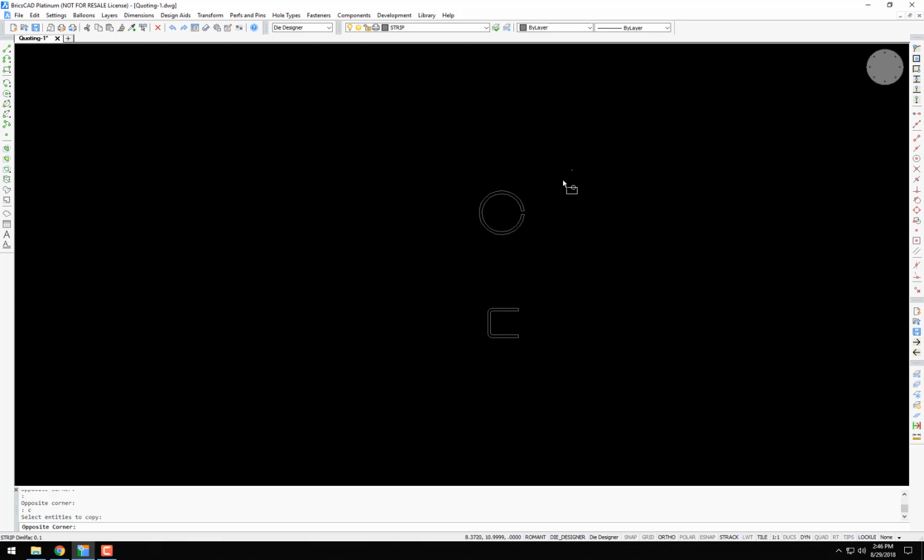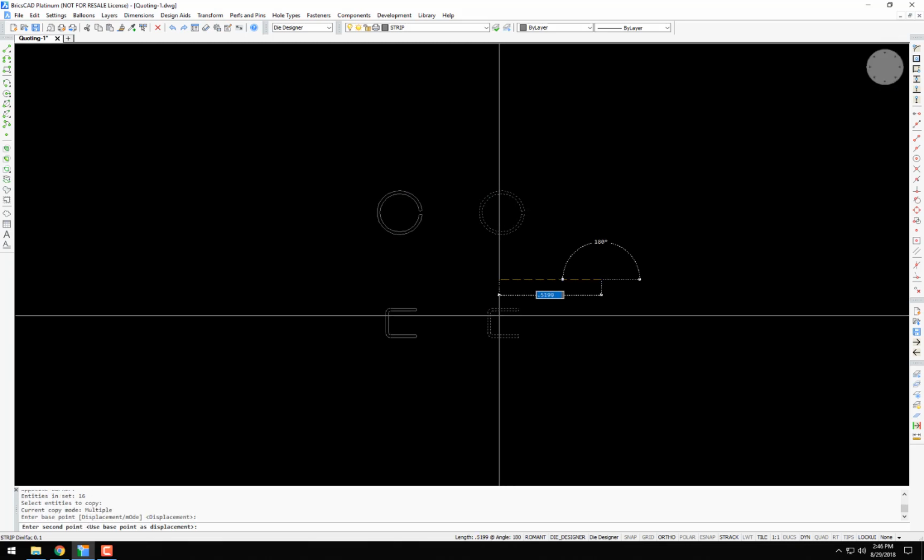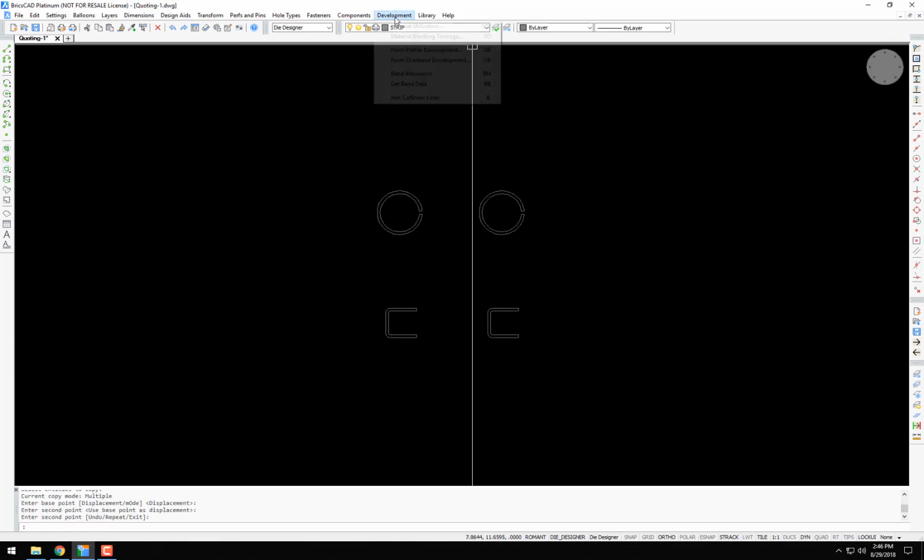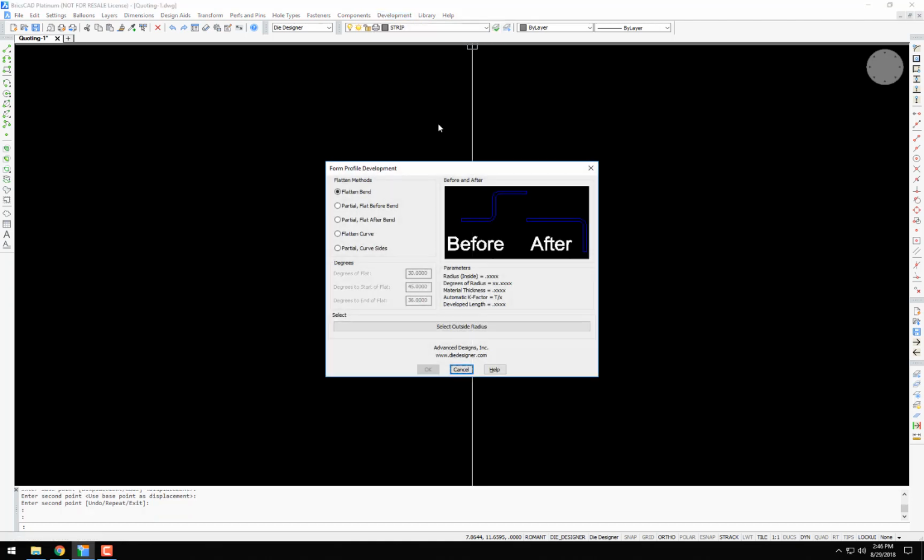So I'm going to take the finished form profile, copy it down, and go to Development, Form Profile Development, or UB, and we are going to use the option of partial unbend, flat